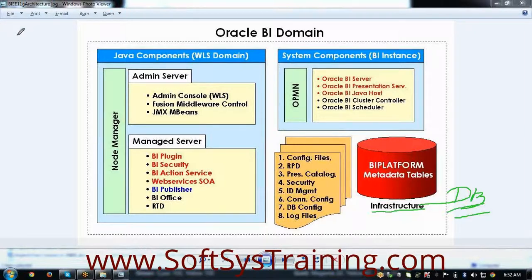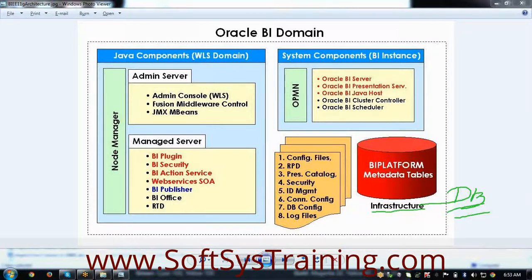The first thing is at least 20 GB of free disk space on your computer, minimum 4 GB of RAM, and a dual core processor of not less than 1.6 gigahertz. Any Windows operating system except Home Premium versions. Windows 7 Ultimate is recommended for ease of use. And a database.